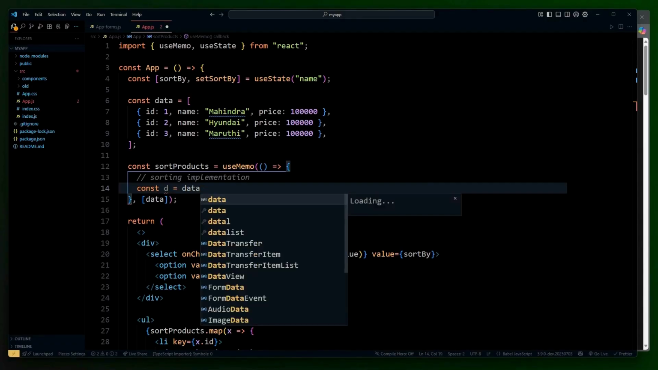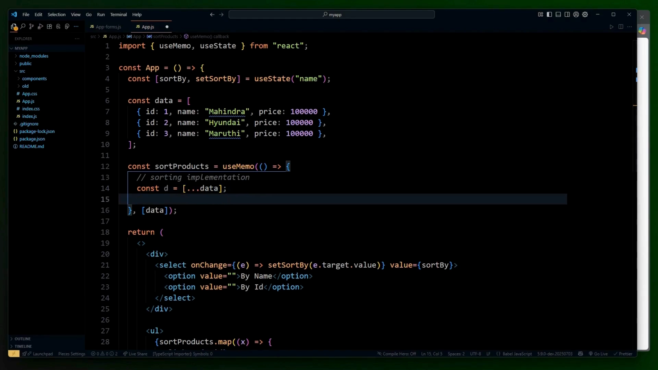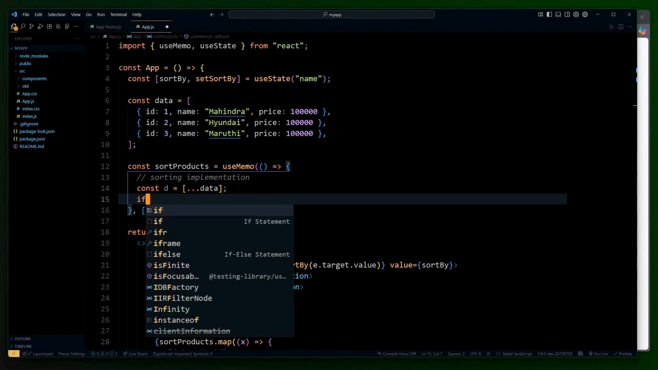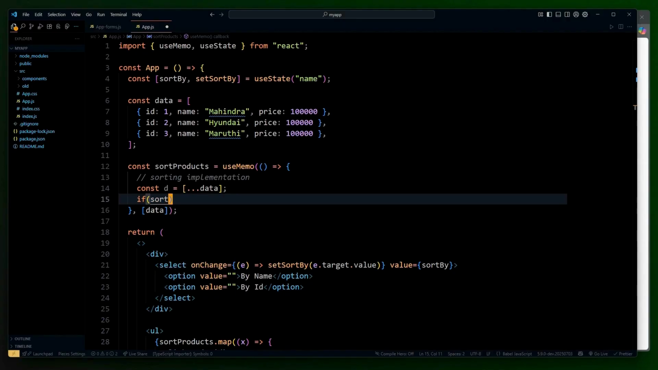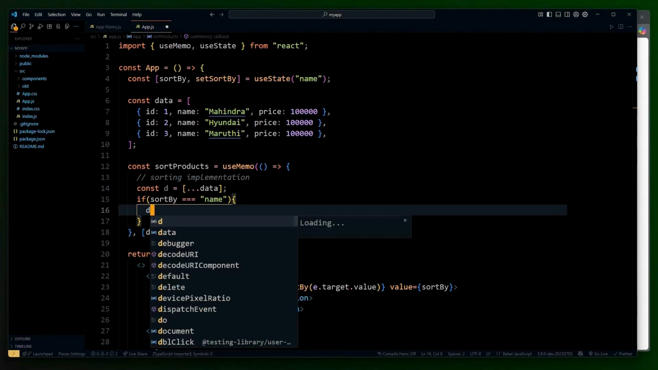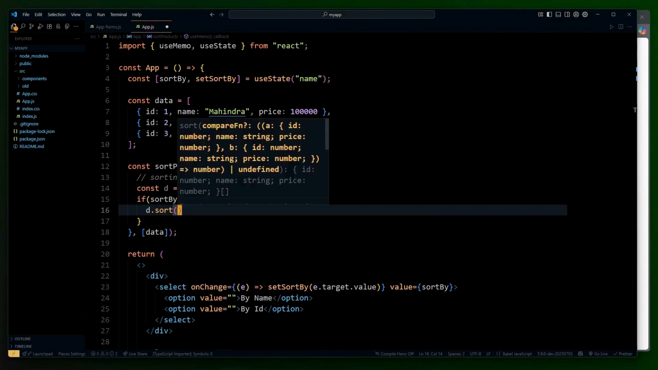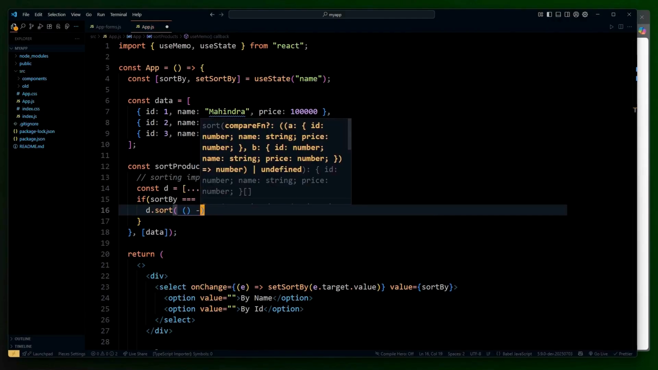Let's create a variable called d, and I'm having the data in it. If you take this, it could be a shallow copy. I don't want a shallow copy. Let's have the data, so this will eventually create a deep copy. Now if the sortBy variable holds the data name, in that case I want to sort based on the name. So I'm having the copied data in the variable d, then d.sort, that's the inbuilt functionality,